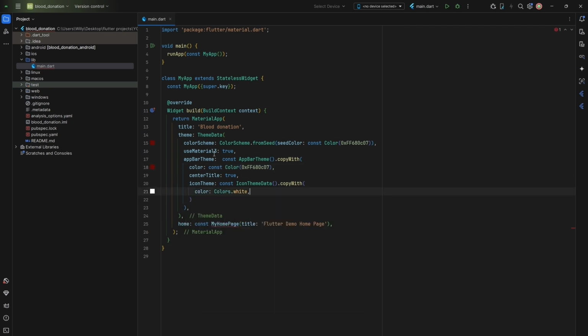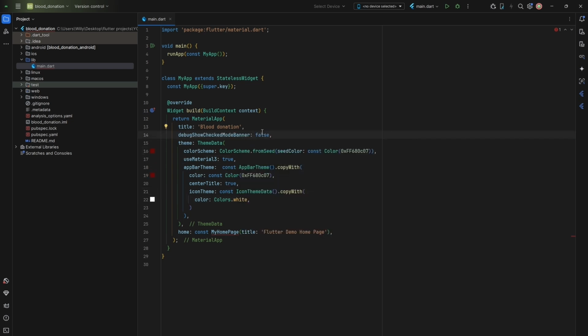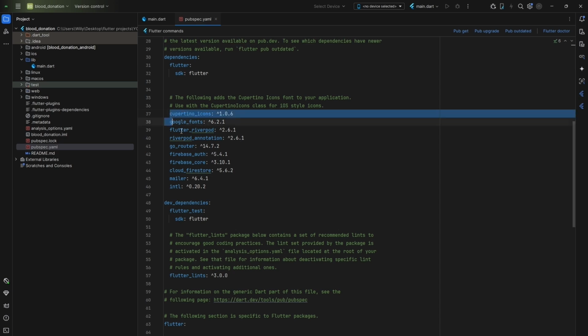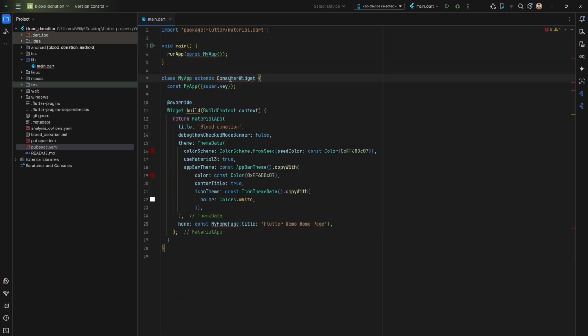And another thing that we can do is to remove the debug show checked mode banner like that. So we are going to use Go Router for navigation in this application. All right, so to do that, we are going to install the Go Router package. Just install packages that I need for this project. We now need to add one more